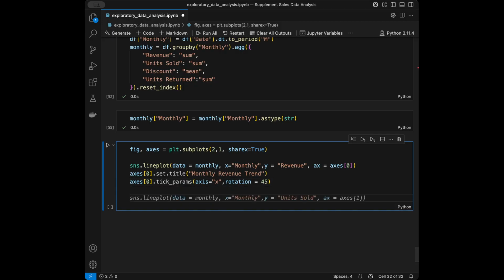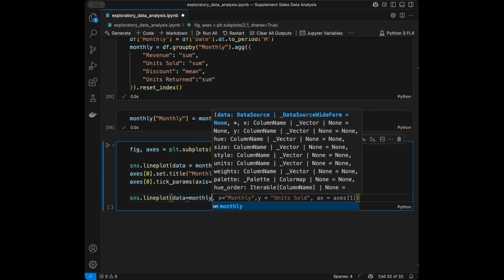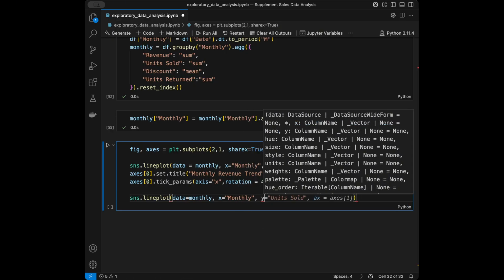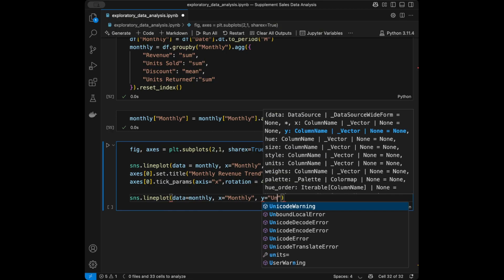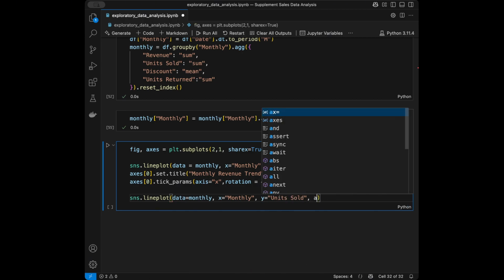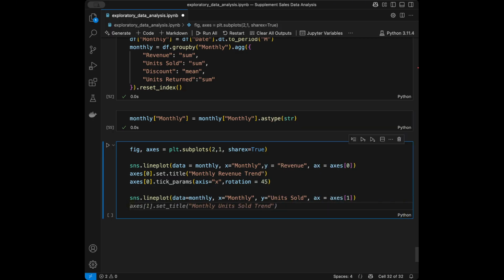Next up I will do the second line plot again, and data will be monthly, x will be monthly, y will be units sold, and this time ax is axes[1] like this, and axes[1] again set_title monthly units sold trend, and